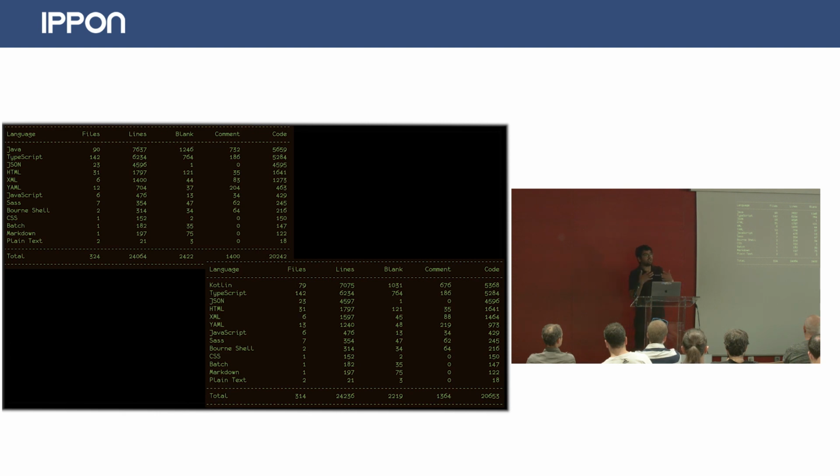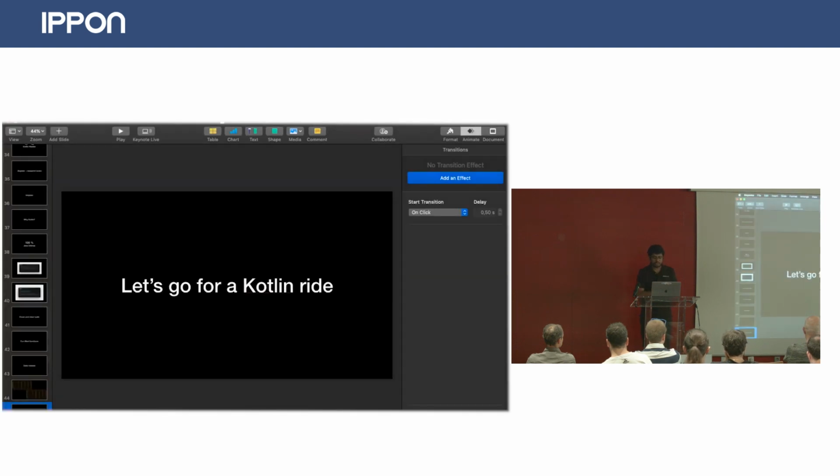But the other advantage of using Kotlin over here is that you have this transition period. At this moment, the Kotlin code heavily relies on how we write Java. So as a Java developer, how you understand Java, how you can write Java, we have written it that way, which makes it bigger, like 7,000 lines that we have currently, but we can reduce that even further. If you just go to Kotlin-based syntax, we can go to 5K lines. That's much easier and clearer, concise code, and you have much less code to worry about. So those are a few things. So let's go for the Kotlin ride.